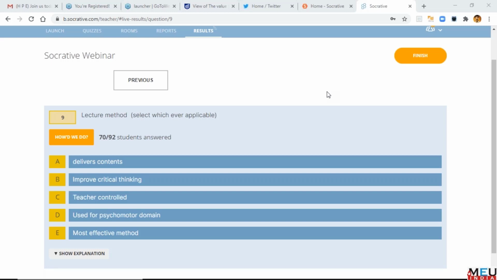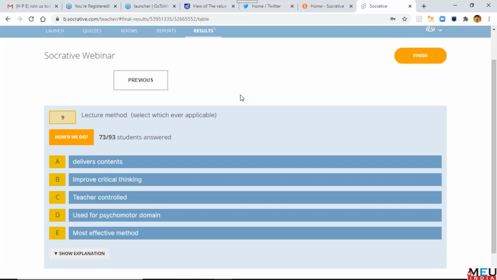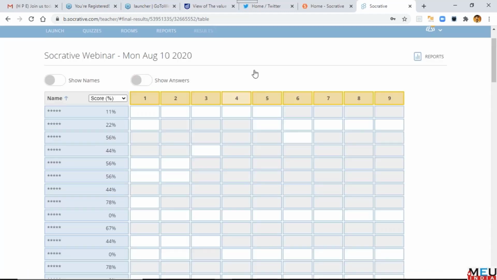Okay, so now we are finishing the quiz. You see, I'm just clicking finish. So this is what the learners experience. You see now, can you see the screen? Can you all see the screen?